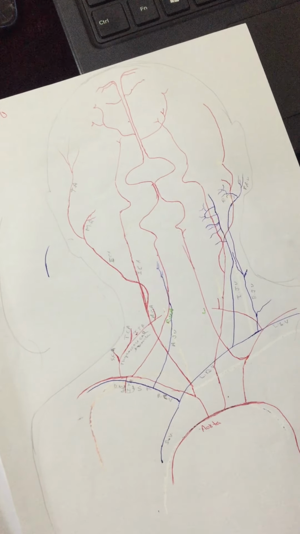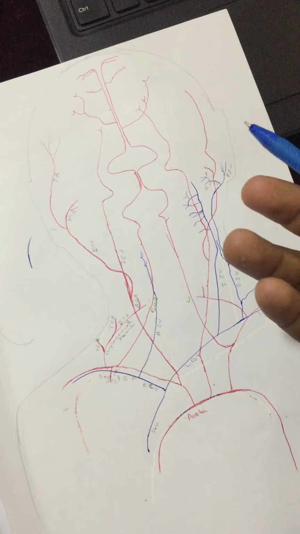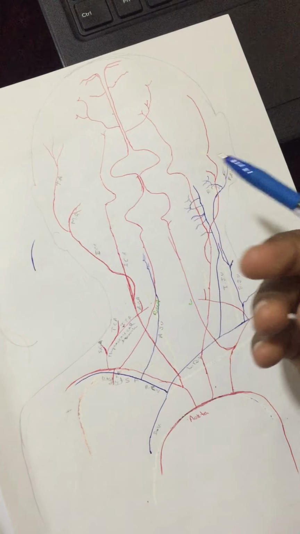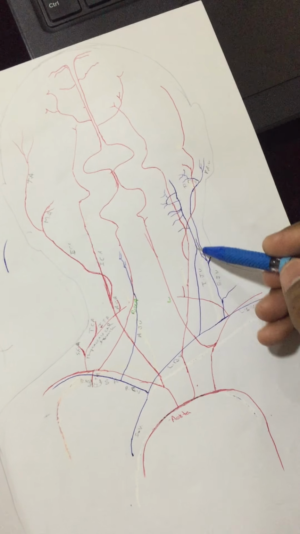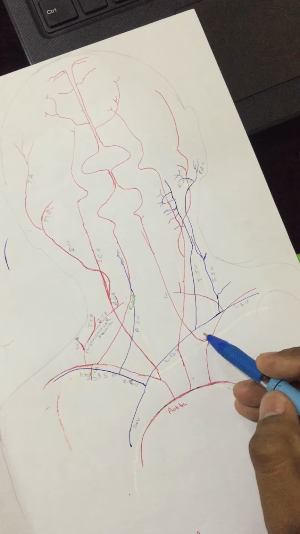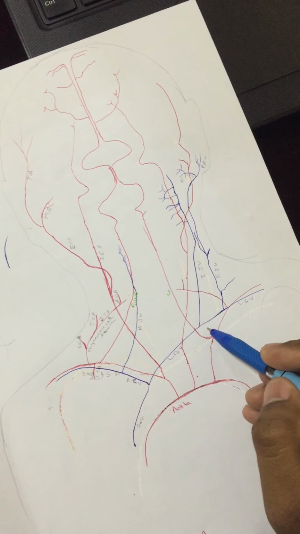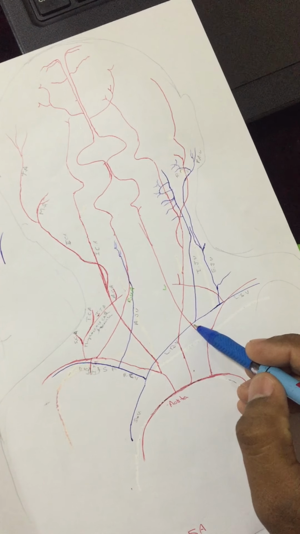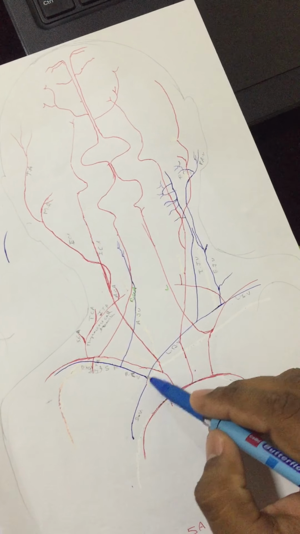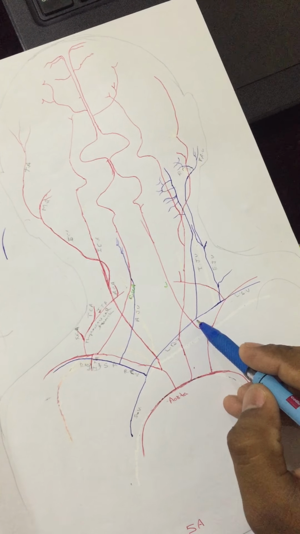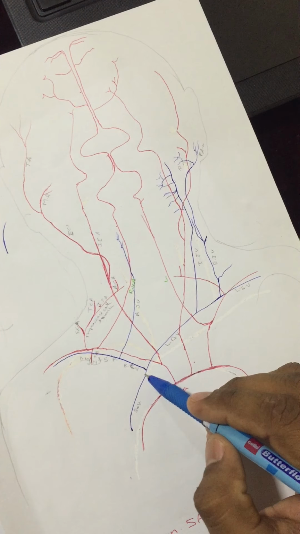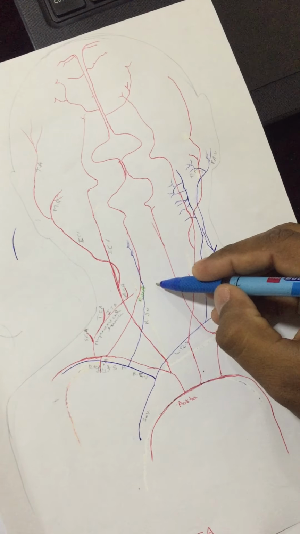drain blood from the anterior face, trachea, thyroid gland, esophagus, larynx, and muscles of the neck, and go down into the left subclavian vein. So when the internal jugular vein meets the left subclavian vein, it forms the left brachiocephalic vein. This one is the brachiocephalic vein. This goes from the left side to the right side. It is a very long vein,